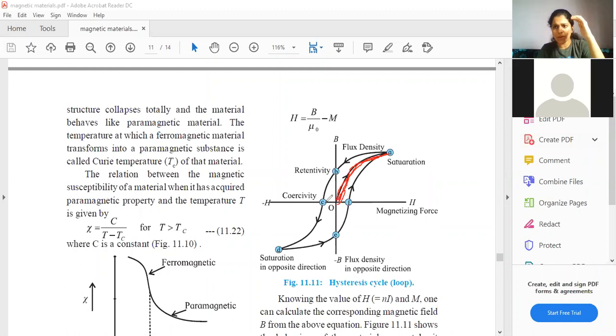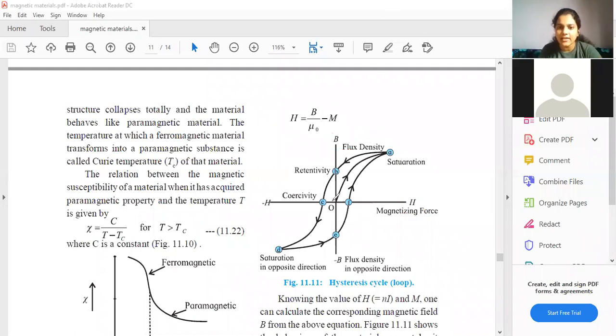Now, students, this B is the magnetic field of the material, the magnetic field that the material acquires. See, this H is the magnetic intensity which the solenoid is providing, and this B is the magnetic field of the material that is kept inside the solenoid. So, if the external H is increasing, it means that inside, the level of magnetization is increasing, right? And if the level of magnetization is increasing, then obviously the magnetic field of that particular material is also more. I hope you all are understanding.